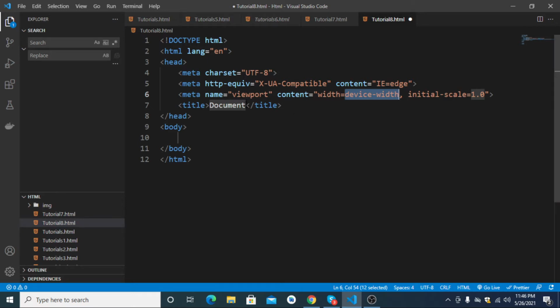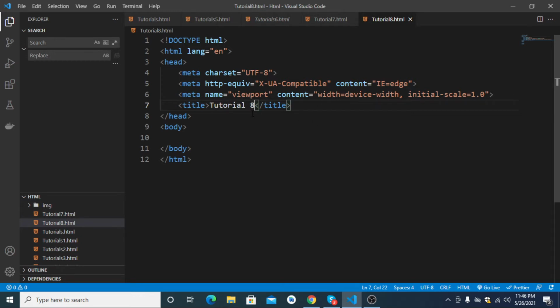Okay, so what is CSS basically and how it works, we will talk about this today. And we will implement CSS today, how to use CSS in our HTML document, because without CSS our web page will look very ugly. To make it beautiful, to make it look better, we use CSS. Okay, CSS stands for cascading style sheets.